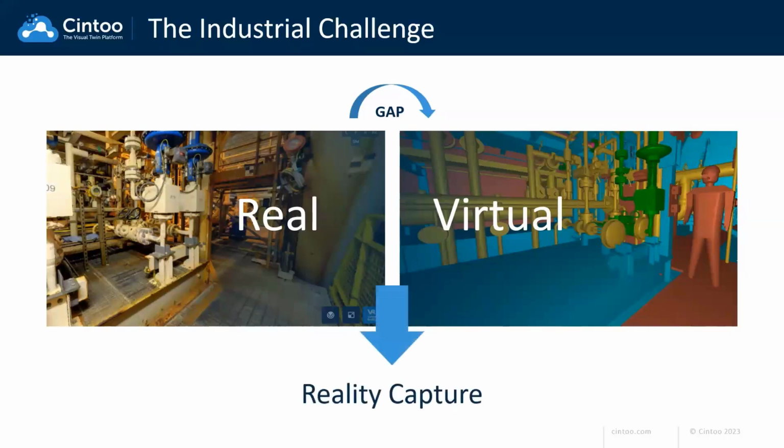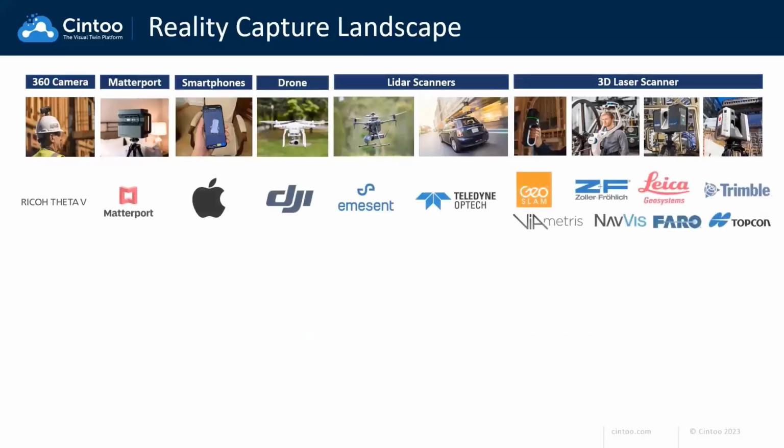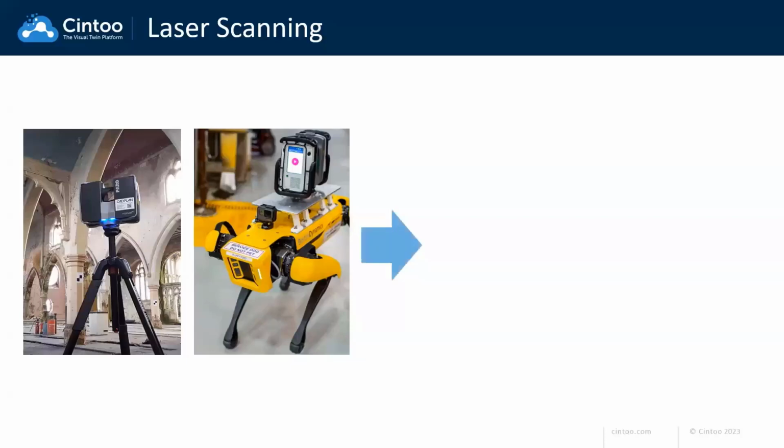And we solve this challenge by using reality capture technologies. Reality capture technologies are made of various devices using various sensors, being active laser scanners or passive cameras. But depending on which use case you have, you may use different devices. The point is that there is no single device that will meet all the expectations, all the requirements. In most cases, though, people will use a laser scanner, being terrestrial laser scanner or mobile or handheld laser scanners. The point with laser scanning